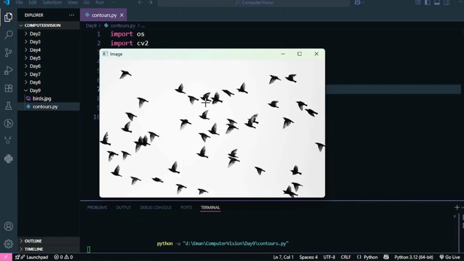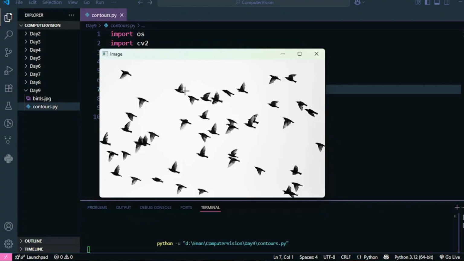Okay, so let's talk about what contours are. Contours are basically the boundaries of the isolated white regions. Now you must be thinking, the white region is the background over here and the objects are black, so why do I need a boundary for my background? Yeah, makes sense, right? So obviously we have to apply a few image processing techniques on this image so that it can be converted into an object detector. By the definition of contours, one thing is clear: the objects whose boundary I want to find must be white. The birds, which are the objects, must be white.